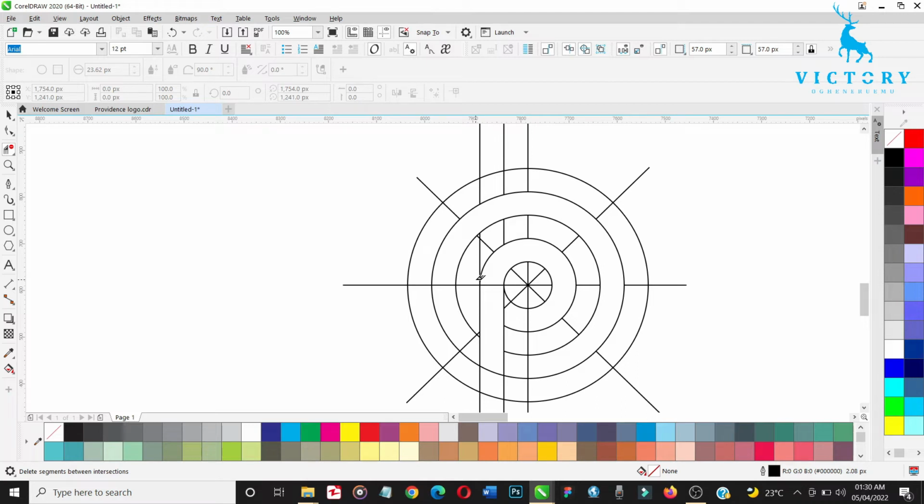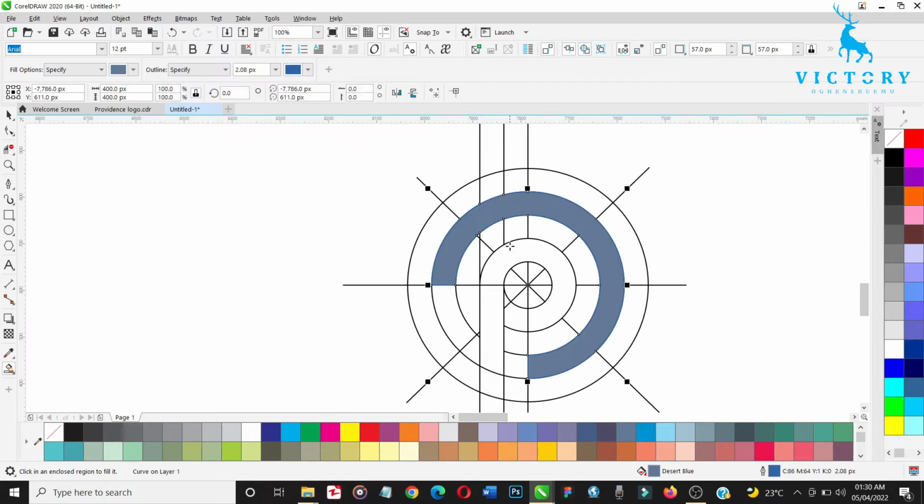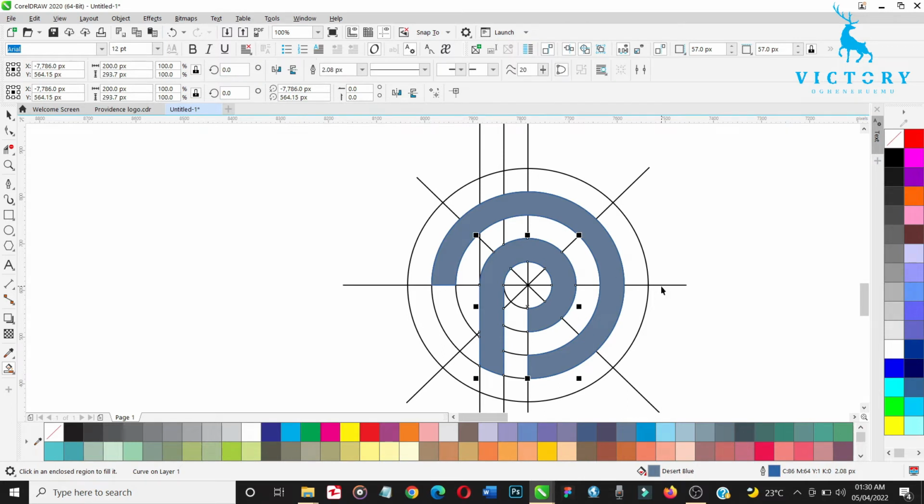That's about it. So let's go for the smart, not the interactive filter. Let's go for smart fill, and let's pick a color. Okay, that's okay. Fill here. Okay, I think I missed out on something. Let's get rid of this as well. Excellent. So let's go back to the smart fill and also fill here. Perfect. So highlight this